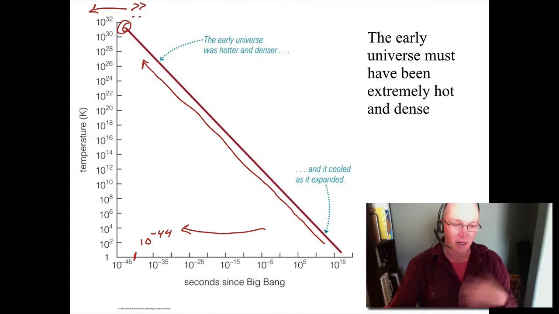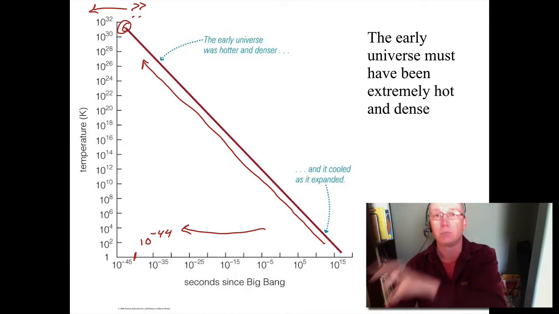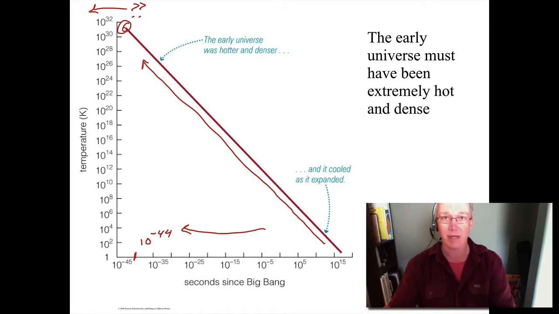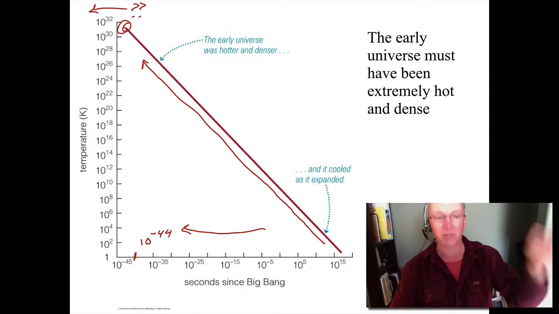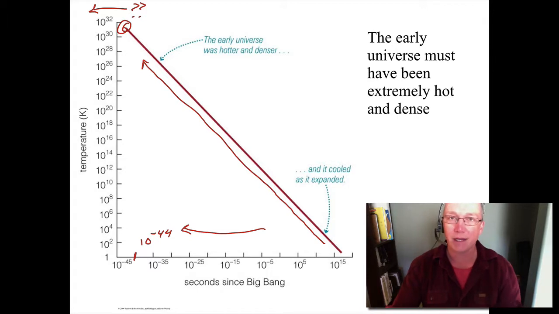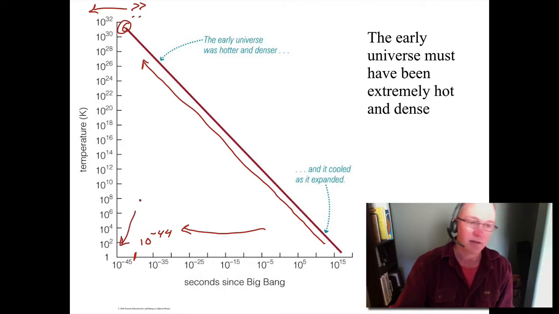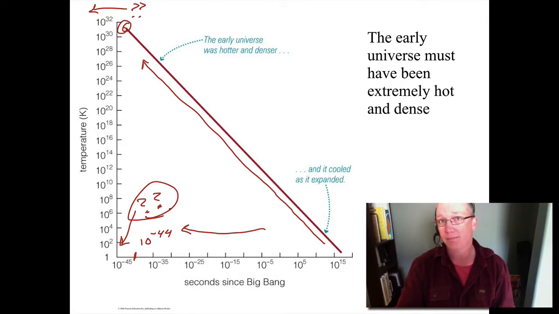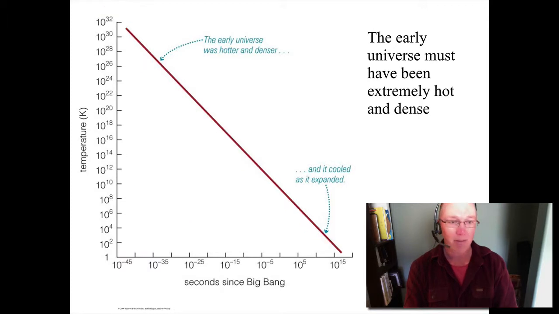That would be like if I were to give a grade for how well physicists understood the universe, they would have a 99.9999944 on this exam because they understand everything about the universe up to 10 to the minus 44 seconds after the Big Bang, which is a pretty good score. I'd probably round it up to 100. But we're still mad because we don't know exactly what happened back there. And it's possible we may never know what happened right before that point. But we've done a pretty good job with what happened all the way up until that point.